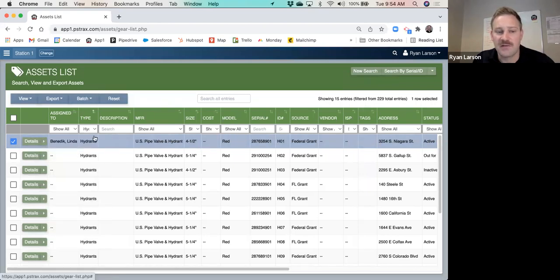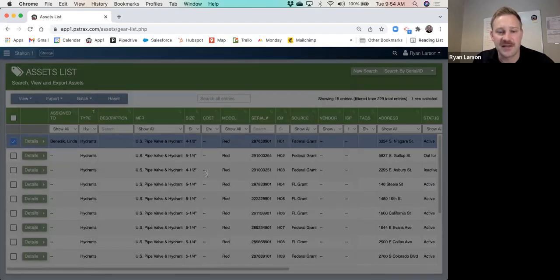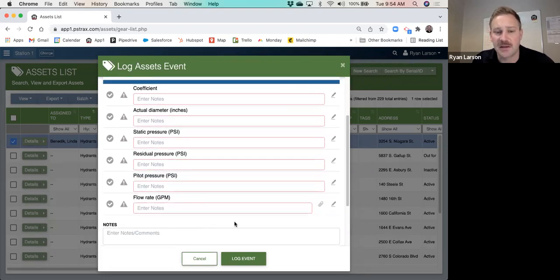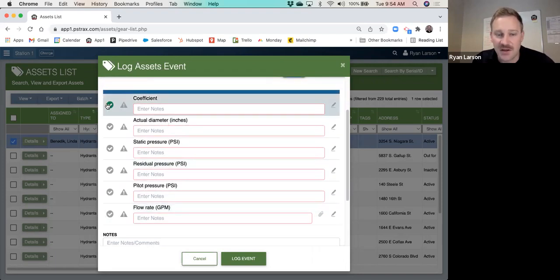We can just log an event, and we'll select our flow test. And then you can see here, we have different required information that has to be completed as part of that flow test to log it. And I apologize, I am not,